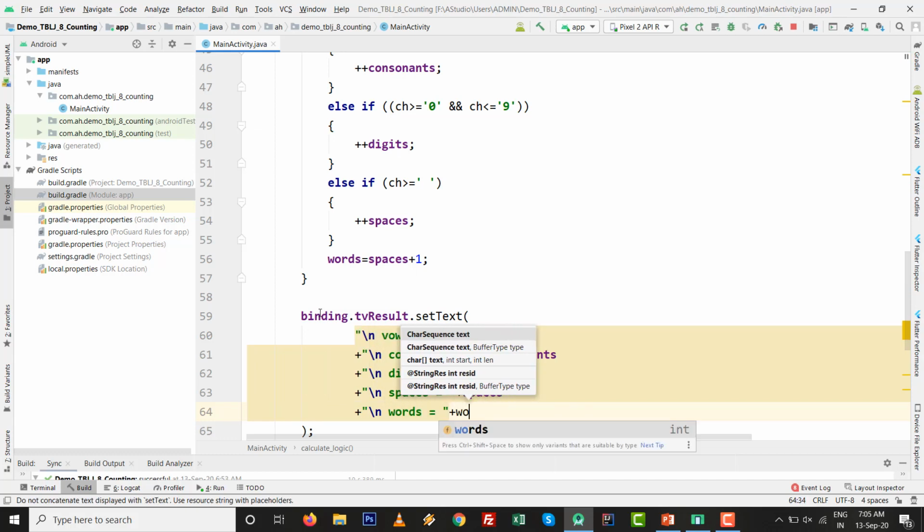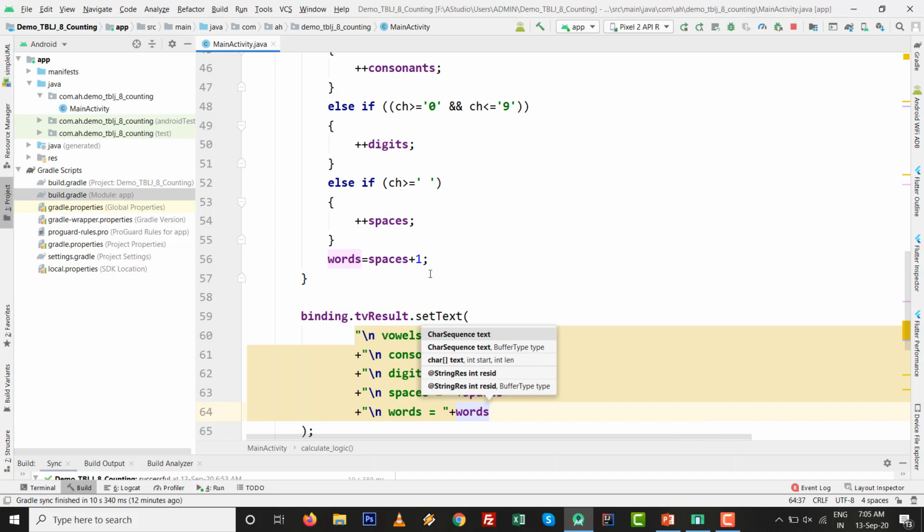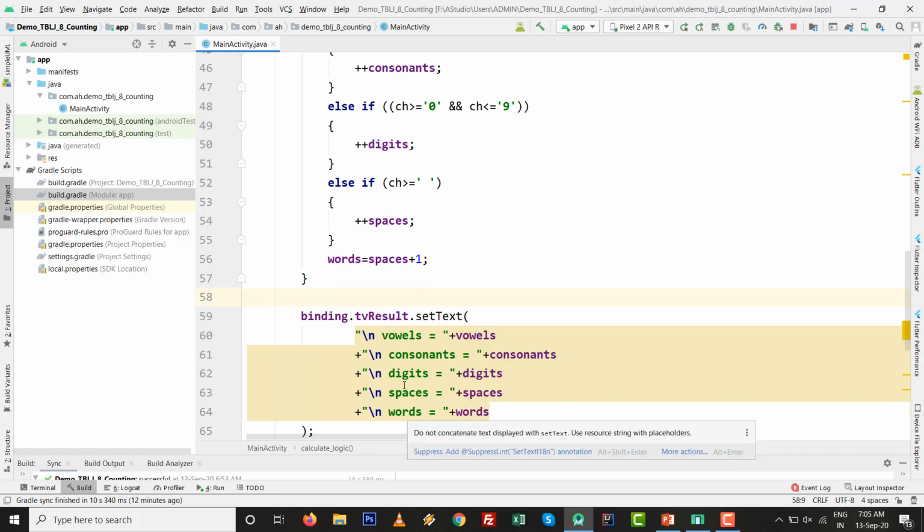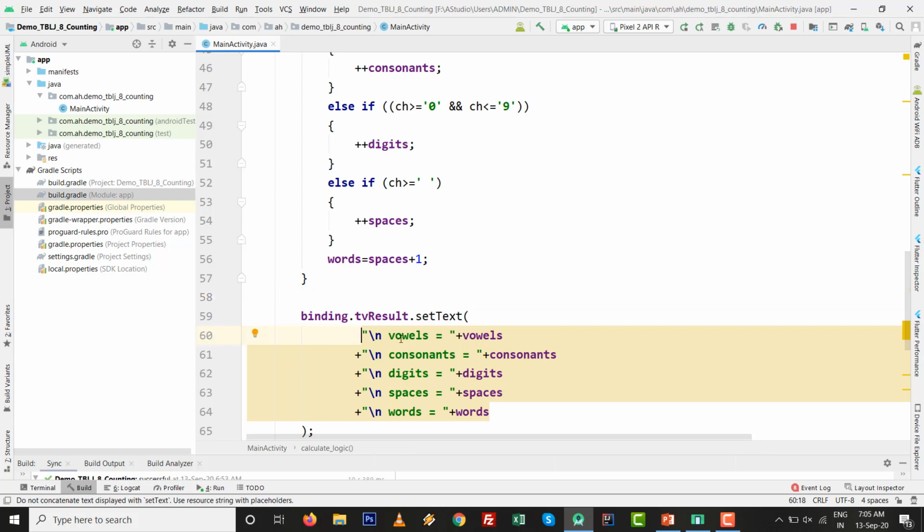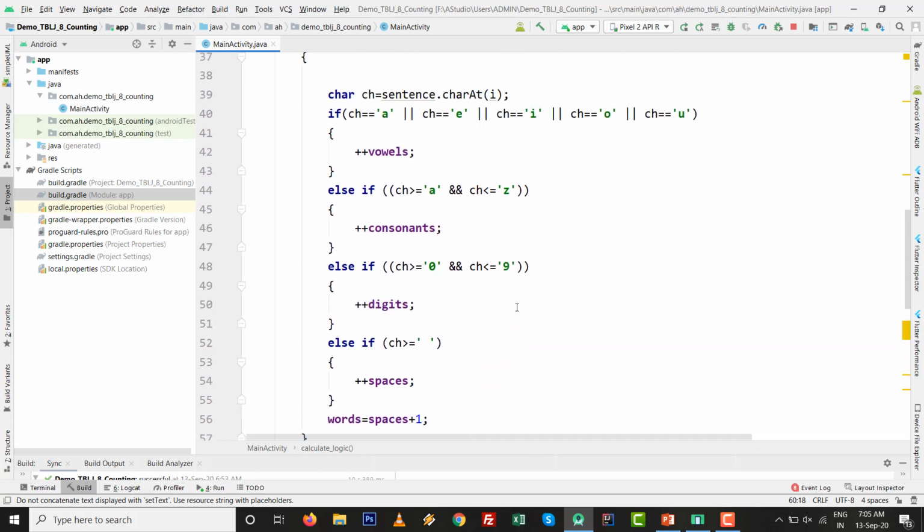So easy. We have already typed these five things: vowels, consonants, digits, spaces and words.